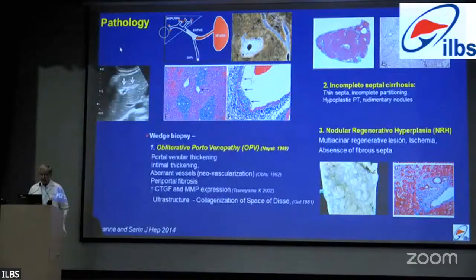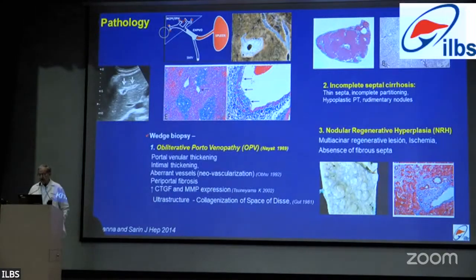Now let us go to pathology. Some of these are taken from previous publication. So one more time, spleen, splenic vein, superior mesenteric vein. If the block is outside the liver, this is extrahepatic portal vein obstruction. If the block is in the second, third, fourth order branches, this is non-cirrhotic portal fibrosis. If you take the veins inside the liver, these are thick and also muscular veins.